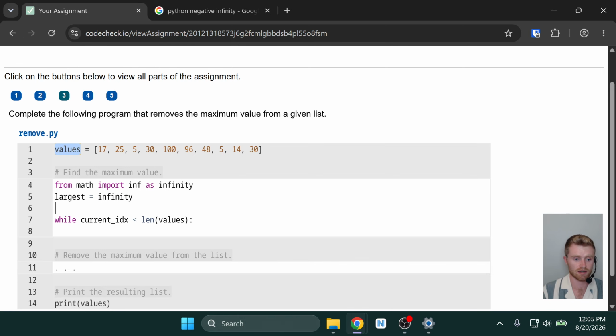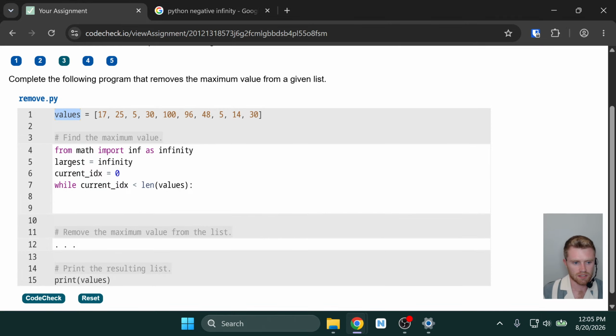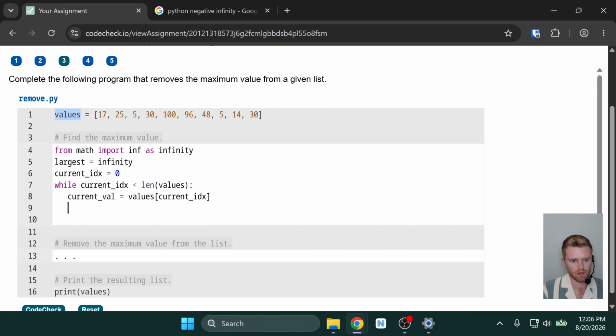So we're going to need to start at current index is equal to 0 to get the first thing in the list. And then we'll check, like we've done in past lessons, if the current value, so let's say current val is equal to values at current index, if that current val is greater than